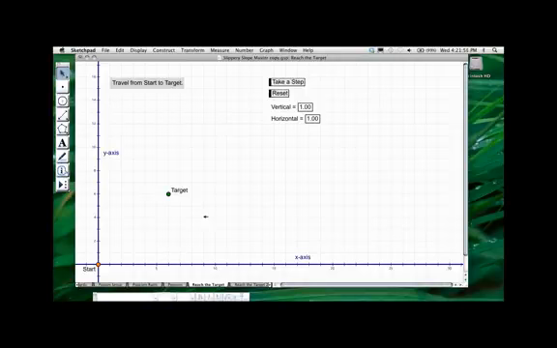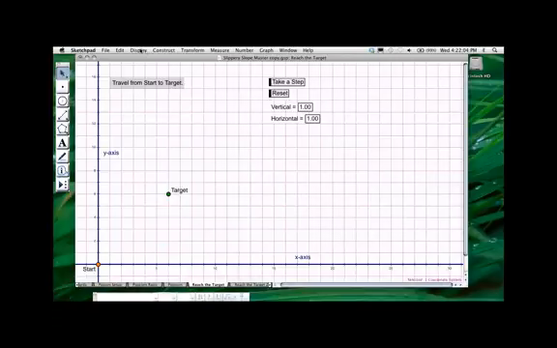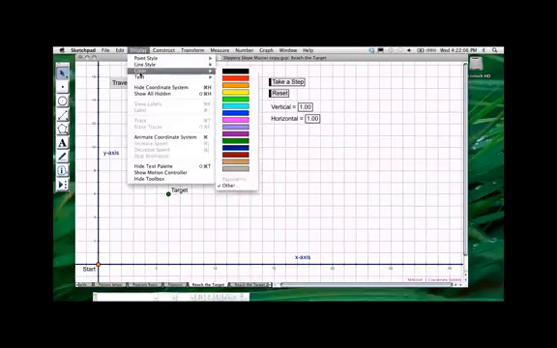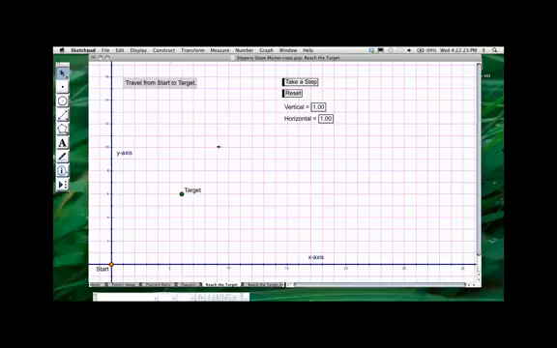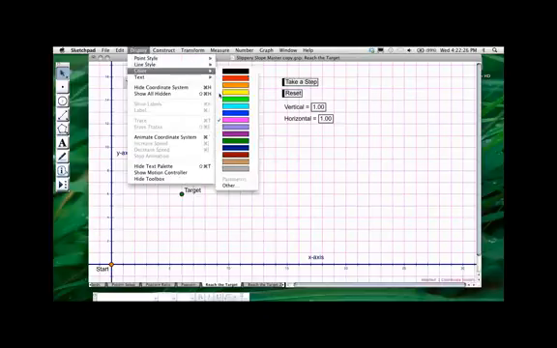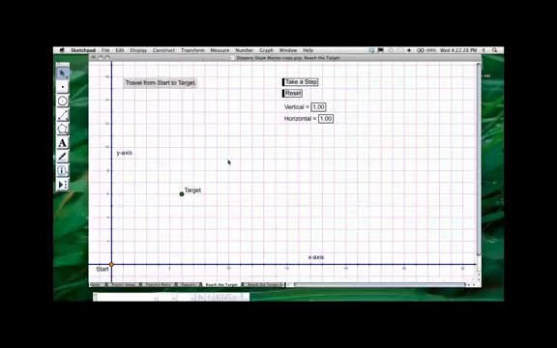we realized that this grid was very hard to see on the whiteboard. So I just wanted to show people that you can select the grid, and you can change the color just the way you could change the color of a line. You could pick something a little bit darker if you want it to show up better. It might be the same on a projector that you want a little bit of a darker grid. So you can change it to a darker gray, something that will have a little bit more contrast